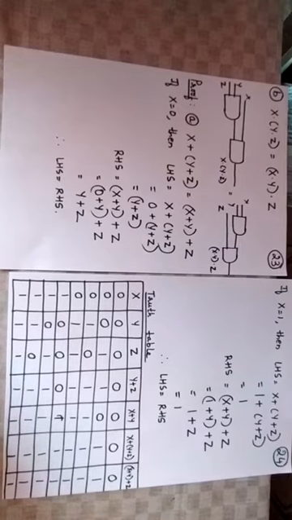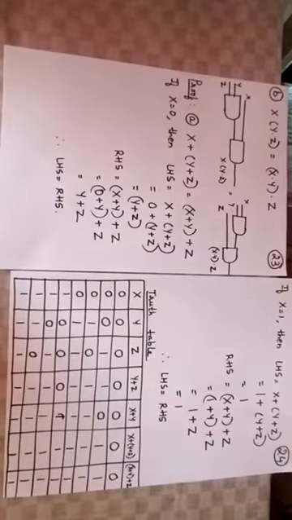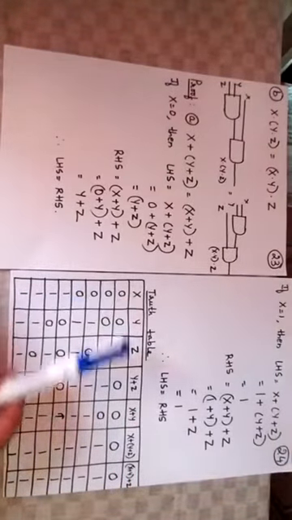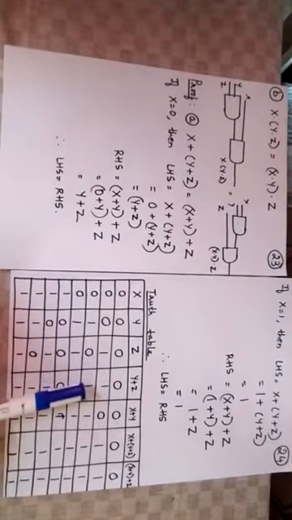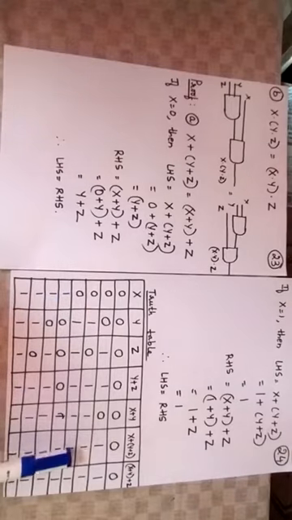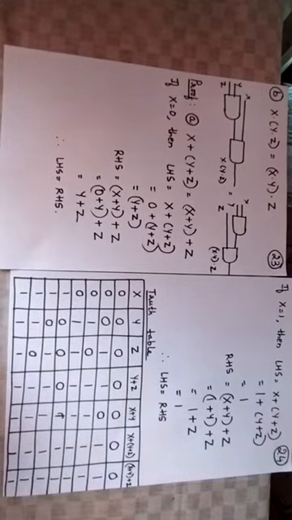Next I have to calculate the left hand side value, that is x plus (y plus z). So here it says x, so I have to take this first column value. Then it says y plus z, so I have to take this y plus z column and perform OR operation. So now 0 plus 0 results in 0. 0 plus 1, 1. 0 plus 1, 1. 0 plus 1, 1. 1 plus 0, 1. 1 plus 1, 1. 1 plus 1, 1. 1 plus 1, 1. So these are the values for the left hand side.